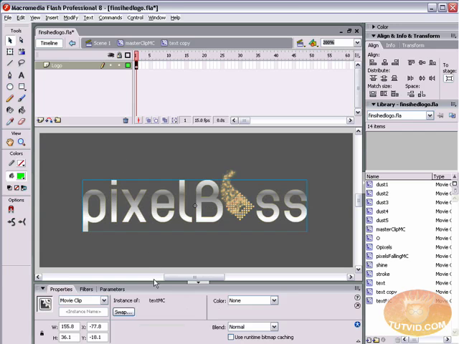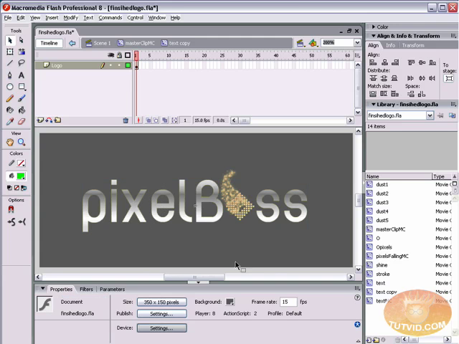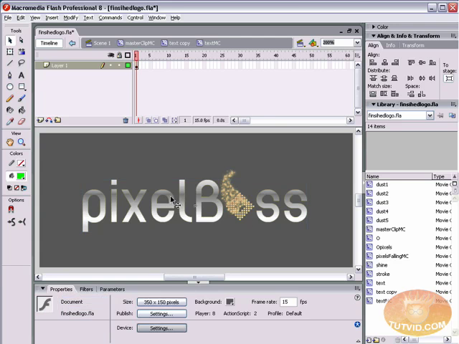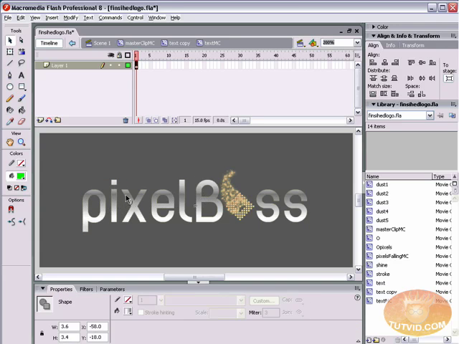Now inside of this, we have what's our instance name, text MC, which basically just means text movie clip. And there also is another movie clip here, if I can get a hold of it. It's just the very narrow stroke, which I can't select, it's so small. But don't worry about that, we'll get to that in just a minute. For now, just select the text MC movie clip and double click on that, and you will end up inside of that. And you can see this is just raw path shapes here,